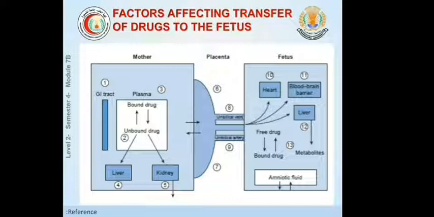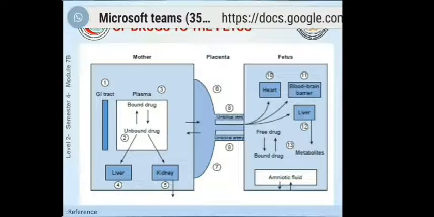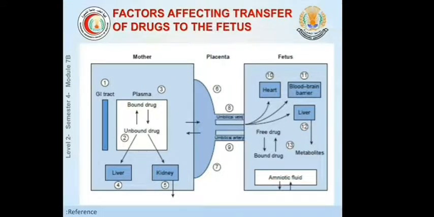Number 5 is increased maternal renal blood flow, also affecting the elimination of the drug in the mother. Number 6 is the placental transfer, either metabolism occurring in the placenta, which is number 7, or the placental blood flow, which is number 8, or the